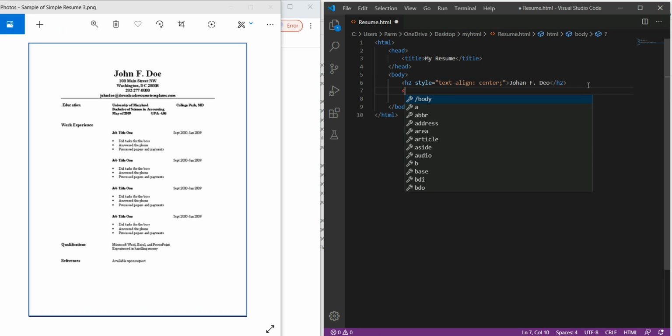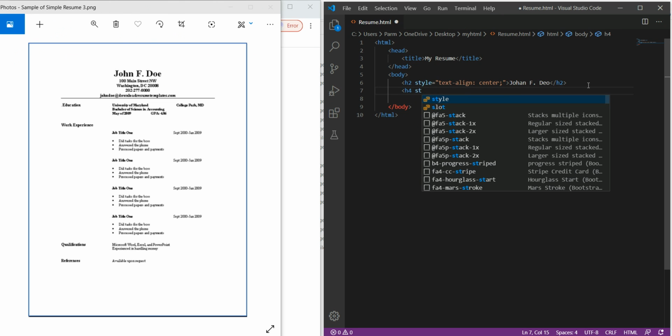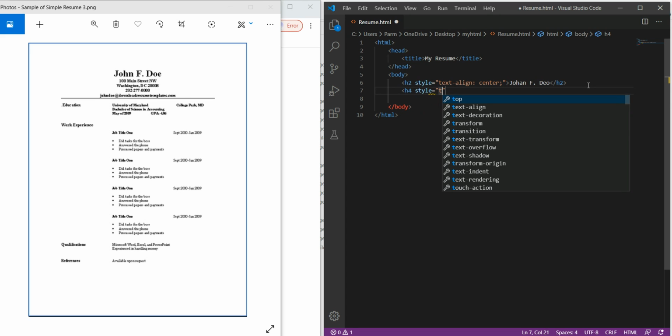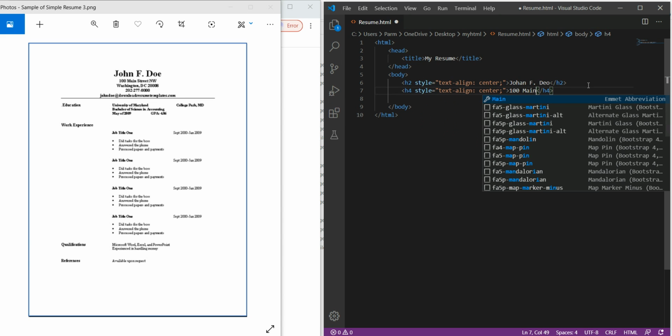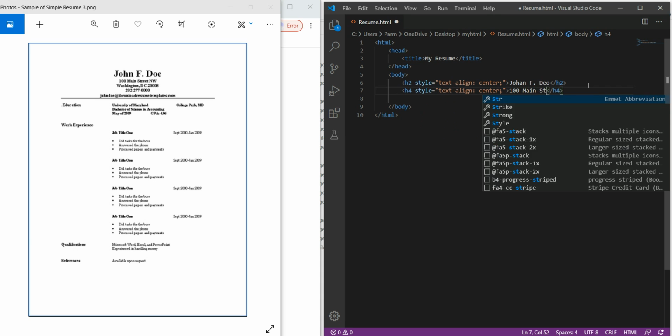For this we will use a header, say h4, and the style is again center, so we will use style, then text-align center. Here we give the value, so this is 100 Main Street,